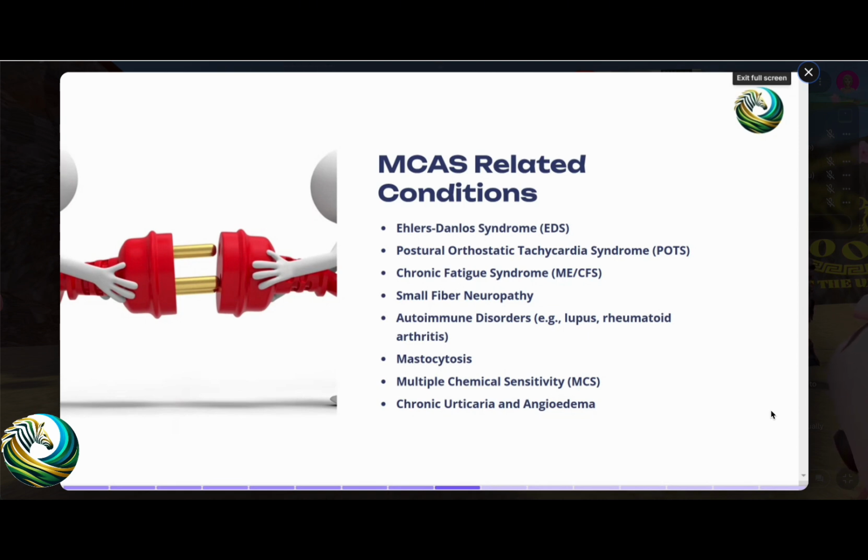So you can see that it's like the chicken and egg, almost. We don't know which one is first. Is it mast cells that trigger all of these other things because of the chemicals that are produced over time? Maybe it leads to a defect in collagen, which causes EDS. Maybe it leads also to the POTS symptoms, and obviously it leads to fatigue on its own. So which one started first, the MCAS or the other comorbidities? We don't know, and how they interact with each other is such an